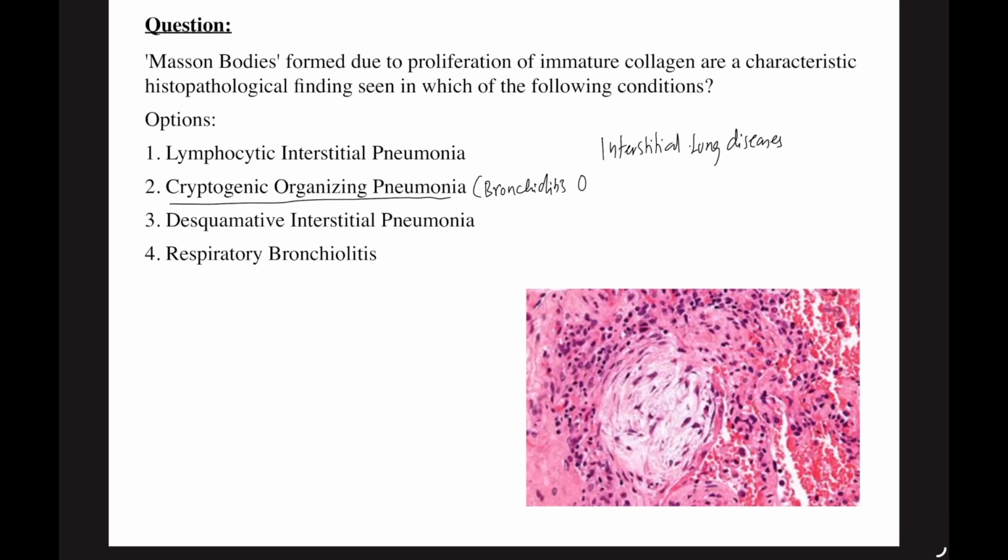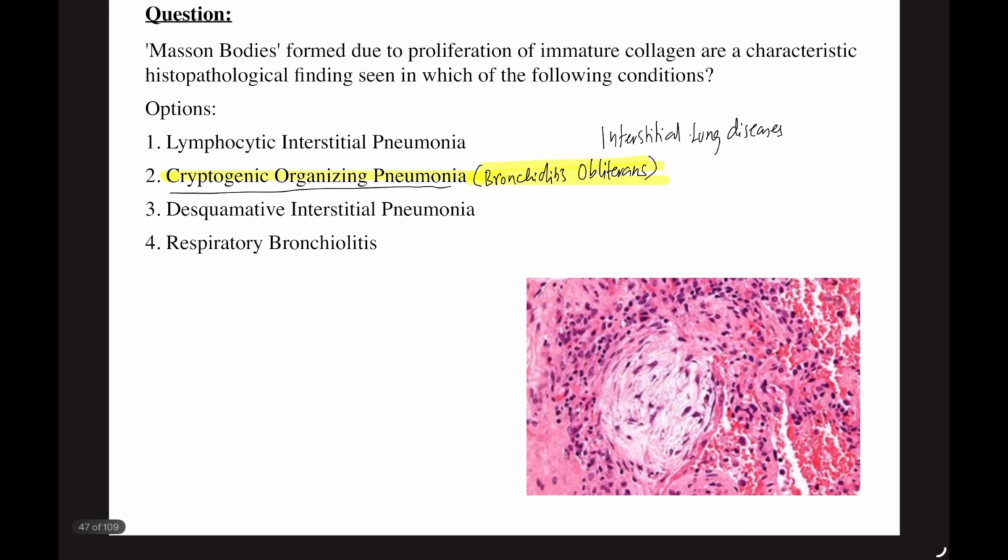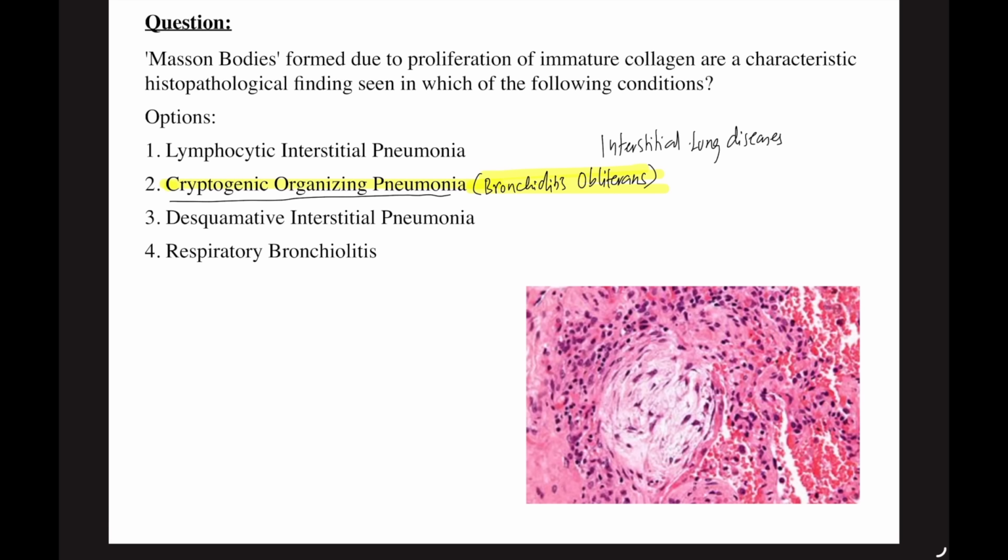This cryptogenic organizing pneumonia was previously known as bronchiolitis obliterans, or bronchiolitis obliterans organizing pneumonia. In this condition, histologically, you will see loosely organized connective tissue within the alveolar ducts. It is a polypoid plug of loosely arranged connective tissue. These are known as Masson bodies. They are a little difficult to identify in a histopathological slide, but Masson bodies are characteristic of cryptogenic organizing